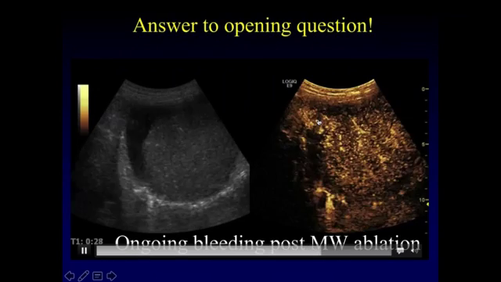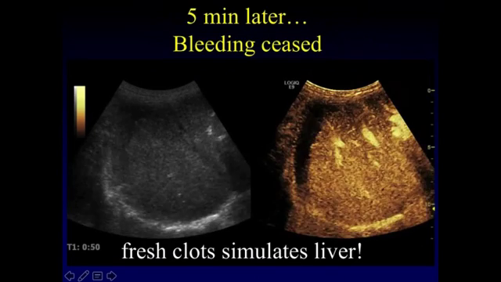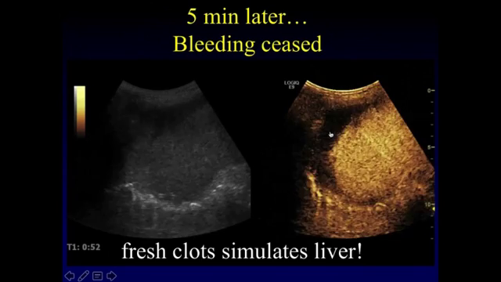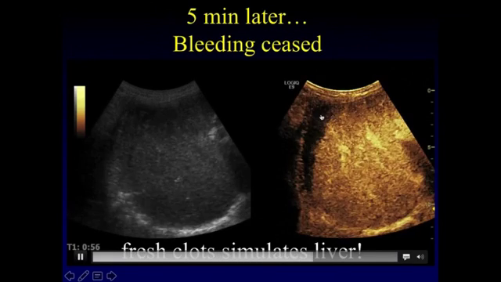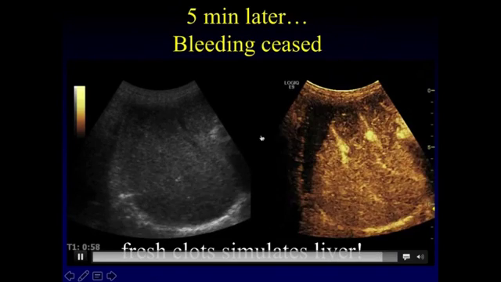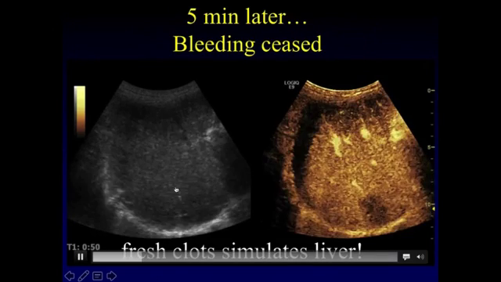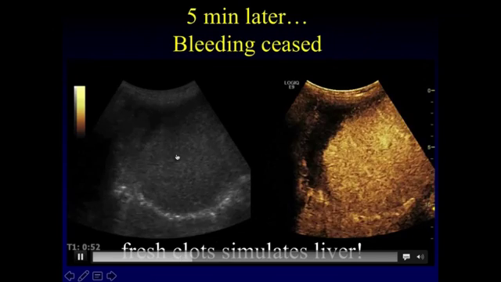Now just look carefully, because 5 minutes later, the bleeding has ceased. No more bleeding. It looks exactly the same. It's still black on the CEUS. It looks exactly the same on the B mode. It looks like the liver. But on the